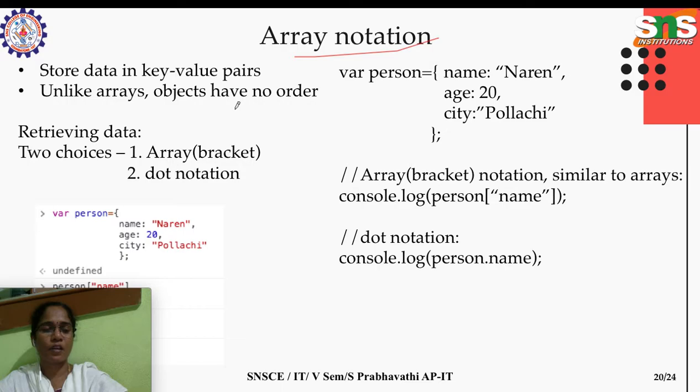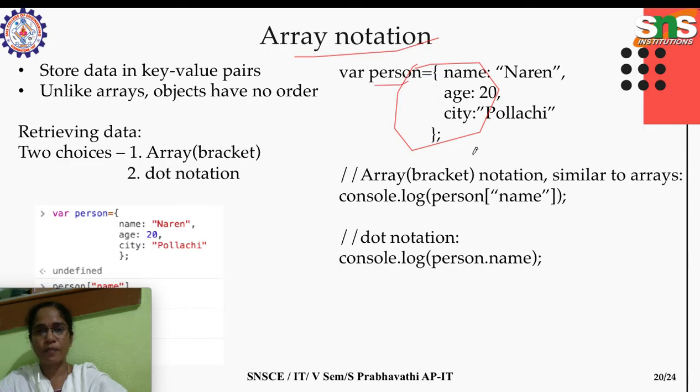You can have the property age followed by name followed by city, or you can have the properties first followed by city, then name, then age. So any order, it doesn't matter. Okay, so how to retrieve the object values? One way is using the array notation and the other is the dot notation, which we have seen earlier itself. See here, we have one object. Blindly we could say it because these property names and values are enclosed in these open and close braces. Okay, using the array notation, how will you be accessing it?